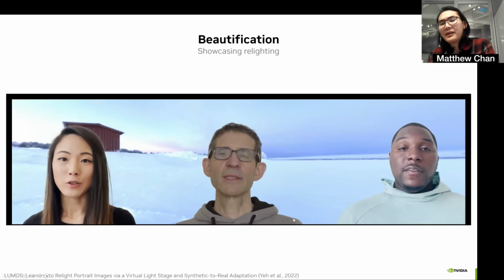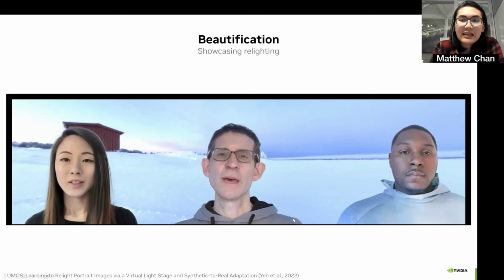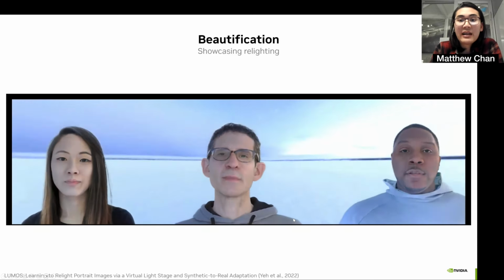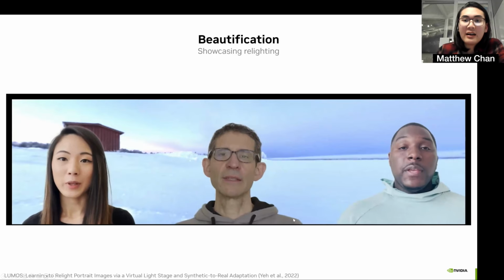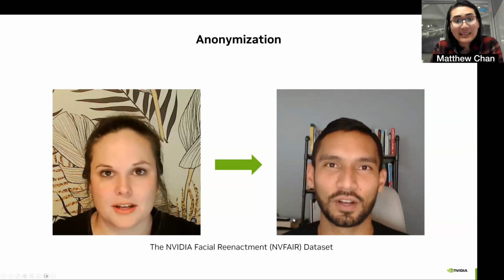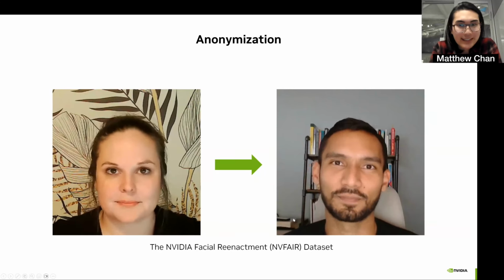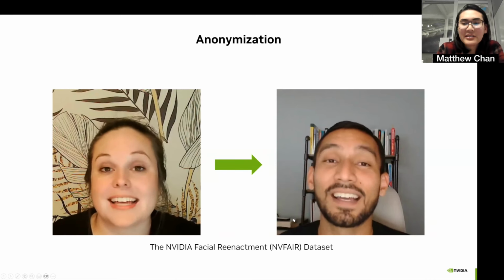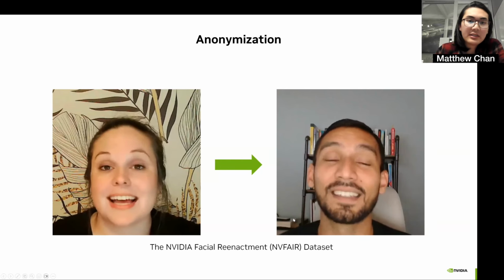A couple of other fun things that we can do. We can rewrite our input images using existing 2D algorithms, which may enhance the sense of realism as we transfer people from their homes into shared world spaces. Or we can completely change identities, even in a photorealistic manner. Obviously, for this one, if you apply it in a malicious fashion, then there are a few concerns about deepfakes and the likes. So take this slide with a grain of salt.